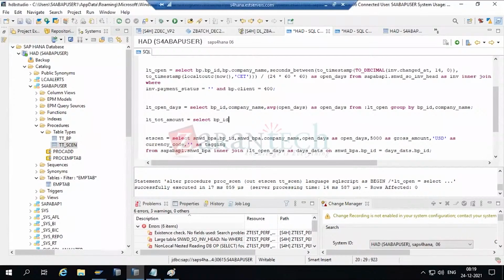BP underscore ID, company underscore name, and gross amount, currency underscore code from SAP ABAP 1 dot SNWD dot SNWD underscore